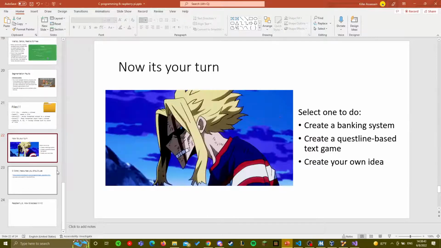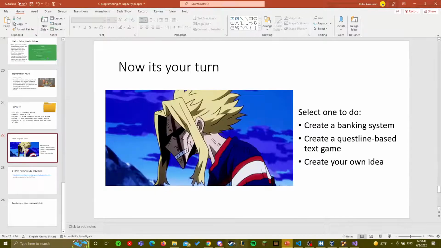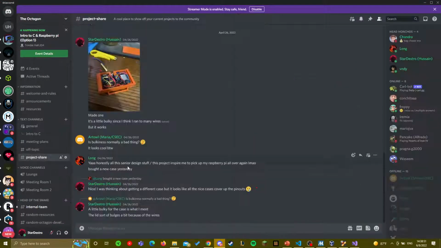Should we send it in the server? Yeah, put it in the server. Put it in Project Share, actually. You can think of the server as your communal space; you can put whatever you want.